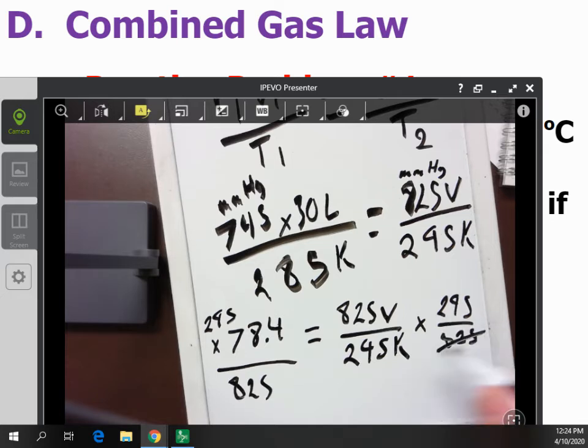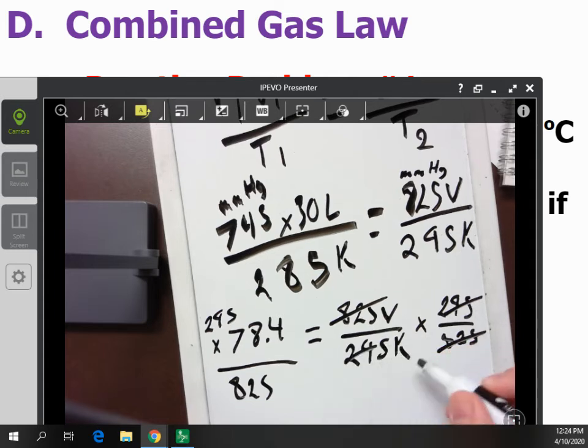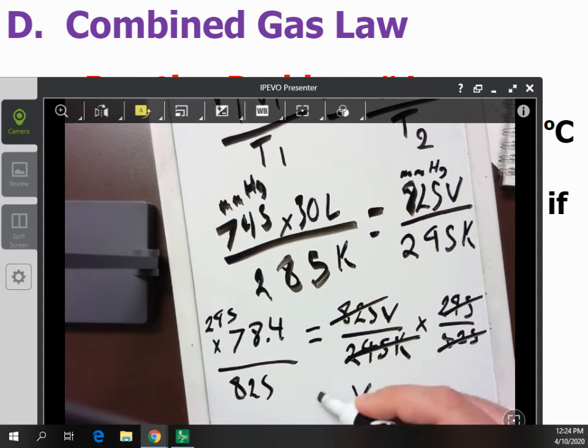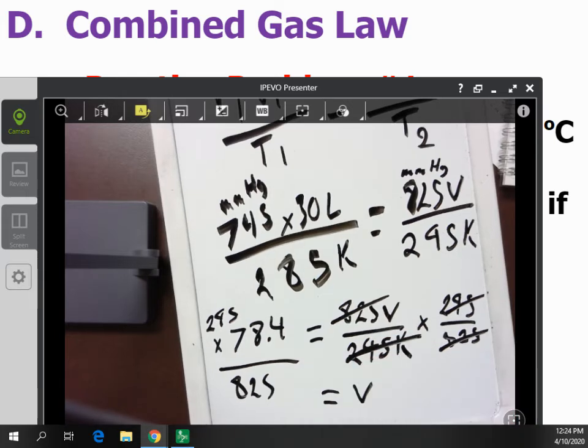Because when you do that, this gets rid of this, this gets rid of this, and so now we just have V equals whatever this number is. So we go back to our calculator, take our answer, multiply it by 295, and then divide it by 825, and that gives us our new volume, which is